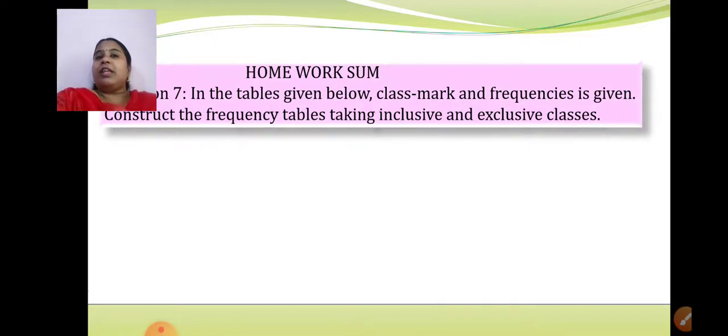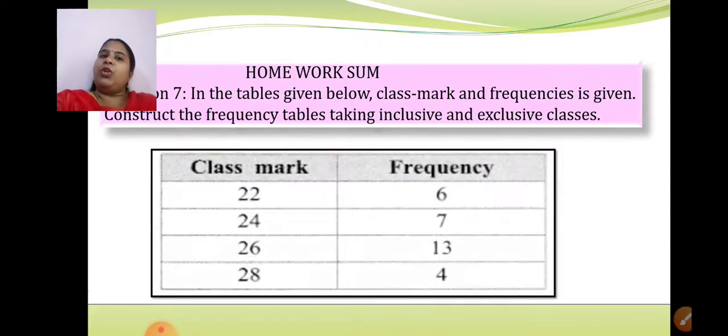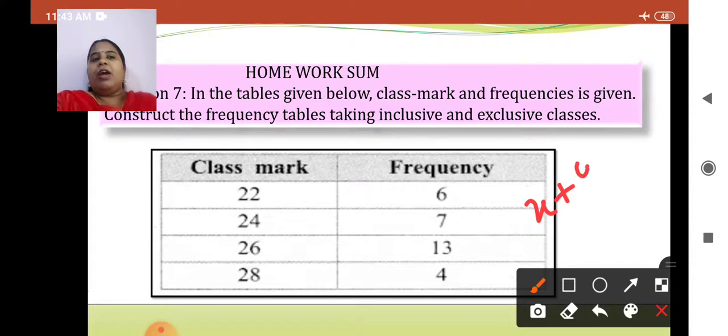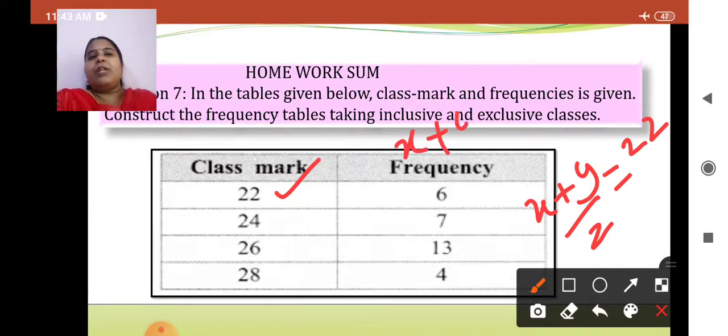Now if you have understood whatever we have done in this session, the second Roman number, question number 7, which I first told you has two sub-questions, Roman number 1 and 2. One I have done systematically and explained all the steps. This second question I want you to do on your own. Exactly the same method. First assume the lower limit x and upper limit y, and x plus y upon 2 you will equate to the first class mark, that is 22. So from here you will get one equation: x plus y is equal to 22 into 2, 44.